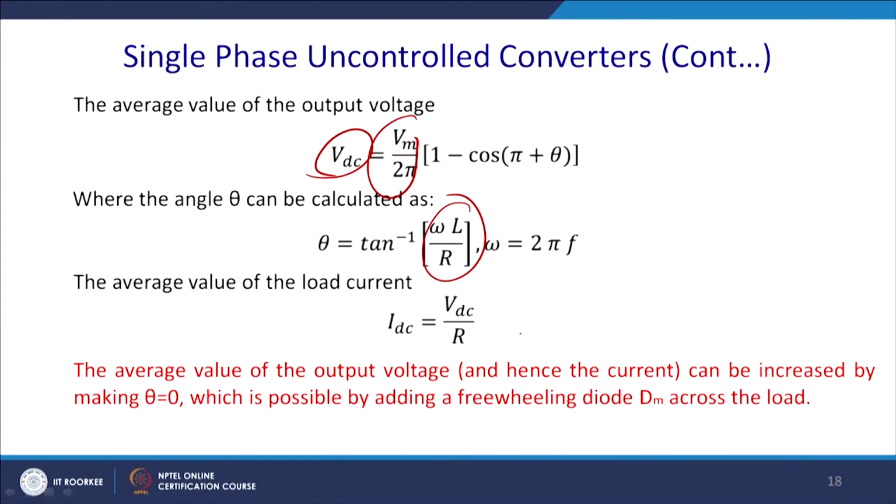The average value of the current you can calculate too, because the inductor does not contribute anything: once you calculate VDC divided by R, you will get IDC. So, the average value of the output voltage and hence the current can be increased by making theta equal to 0, so that this value becomes -1. So, you approach the resistive load value, that is Vm by pi, which is possible by adding a freewheeling diode Dm